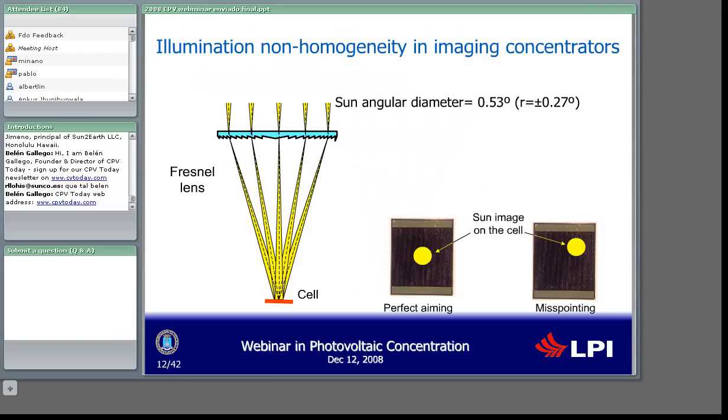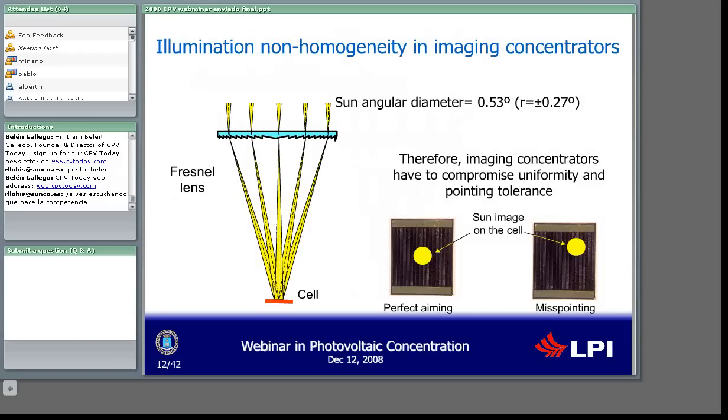So we see that this perfect imaging is not a clear case, but there is some compromise: if you would like to have a higher tolerance, you will need to increase your cell, and then the non-uniformity will be worse. This is one of the reasons why other optical elements are usually used in classic